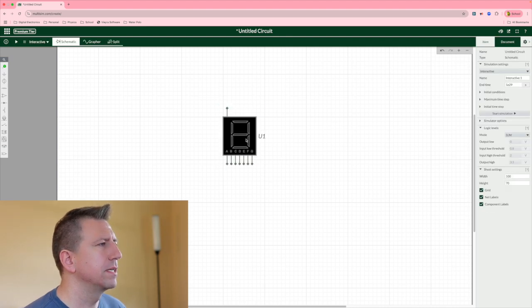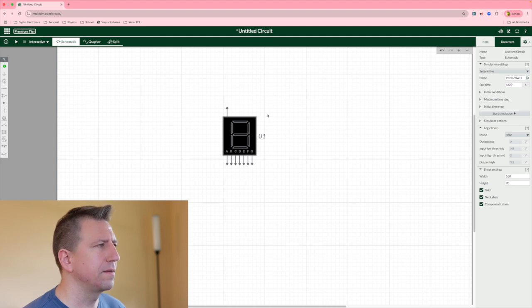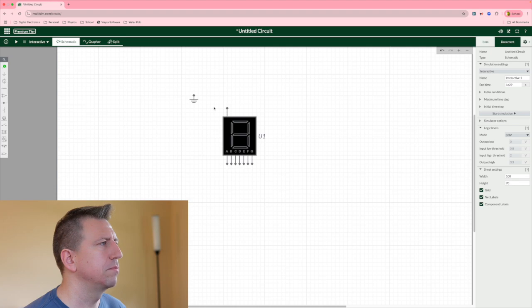When I click on it, on the right hand side we get the choices for the configuration of the 7-segment display. There's CA and CC. CA is common anode, CC is common cathode, and I want to select CC as common cathode. In the common cathode, the common port, which is shown right here, is connected to ground. So I'm going to put a ground here, and then I'll go ahead and connect the common port,